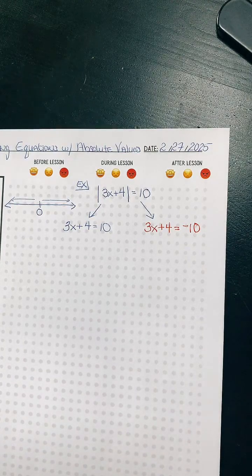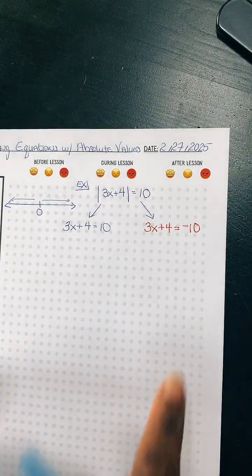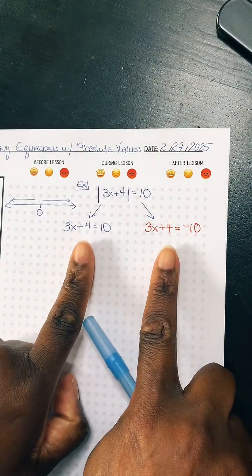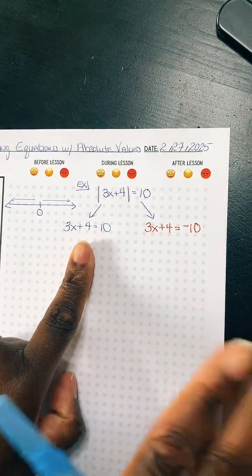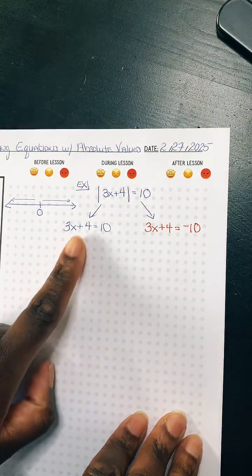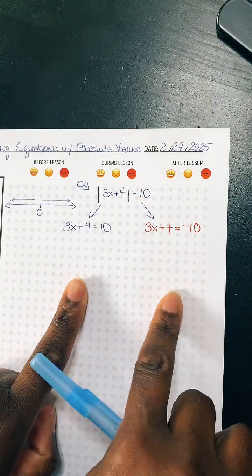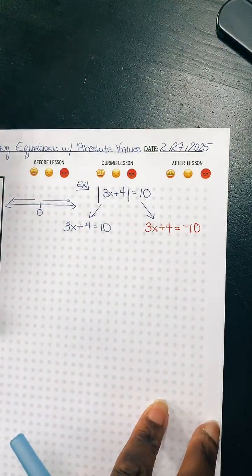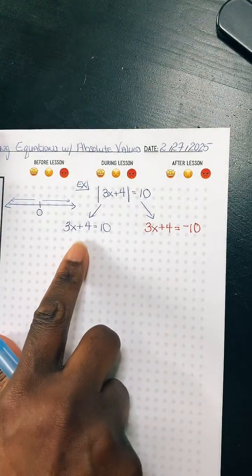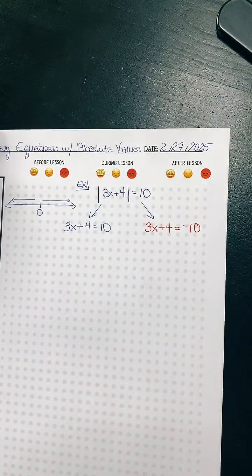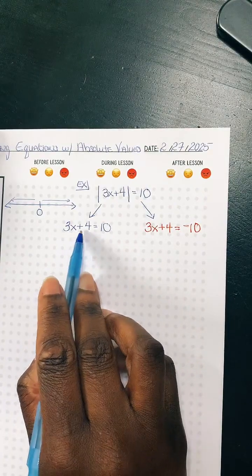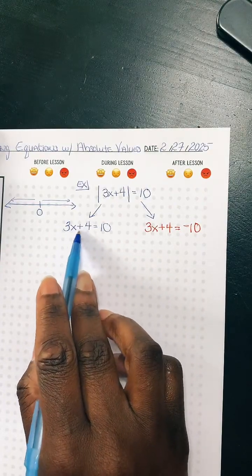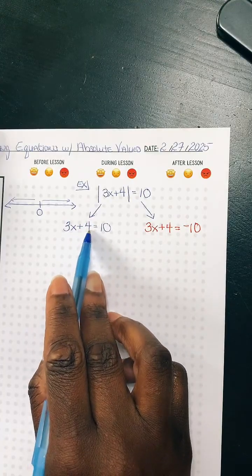All right, so now what we're going to do next is solve these two equations, but we're going to solve them separately, one at a time. Don't have to get too crazy, okay? We're going to solve for x for both of the equations. So let's start with the blue one. Since I have 3x plus 4 equals 10, I'm trying to isolate my variable. So that plus 4, I need to